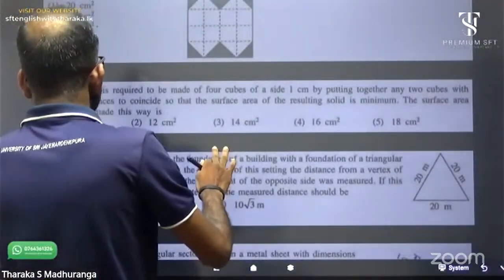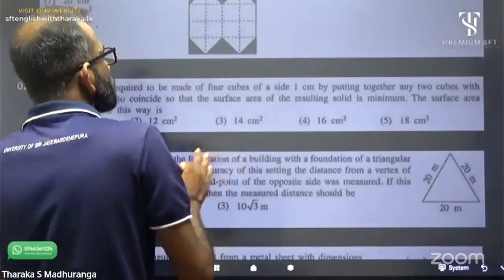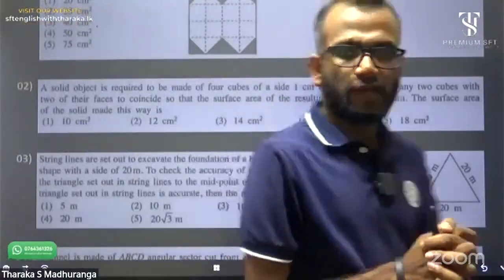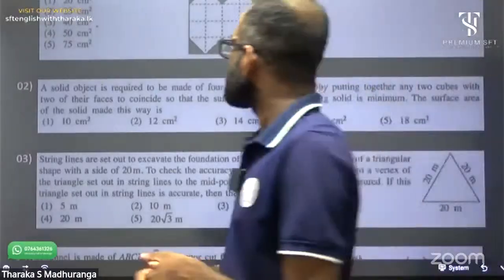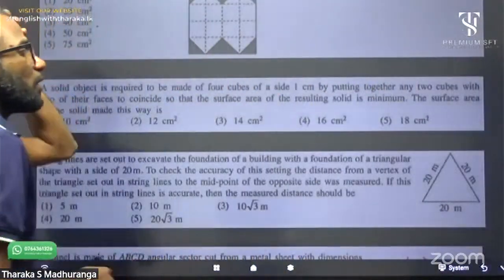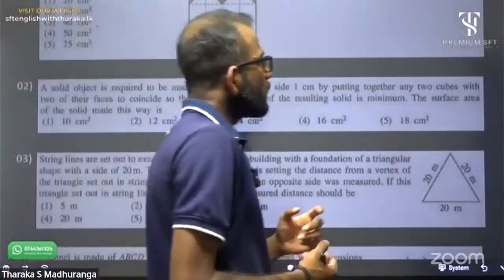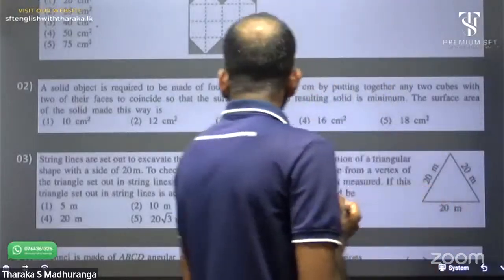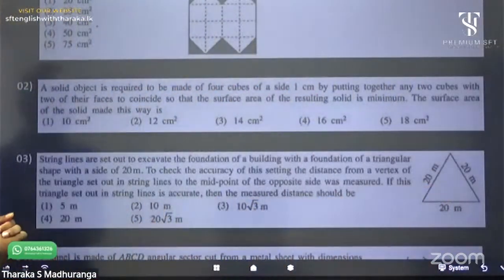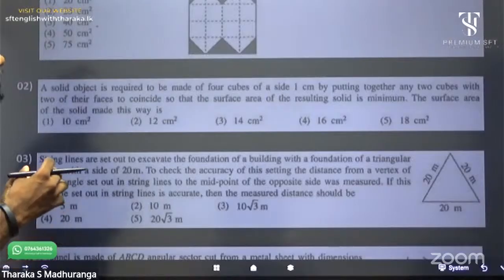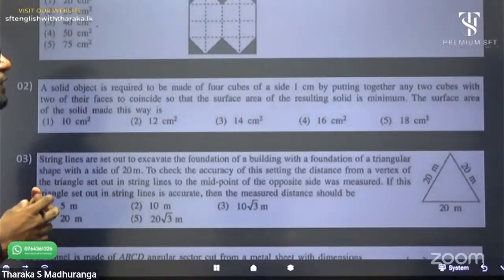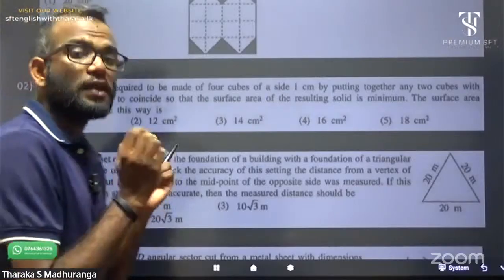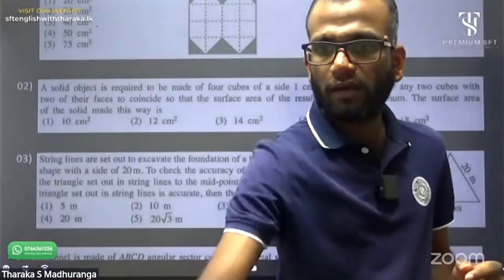A solid object is required to be made of 4 cubes of side 1 centimeter by putting together any 2 cubes with 2 of their faces to coincide so that the surface area of the resulting solid is minimum. The minimum,